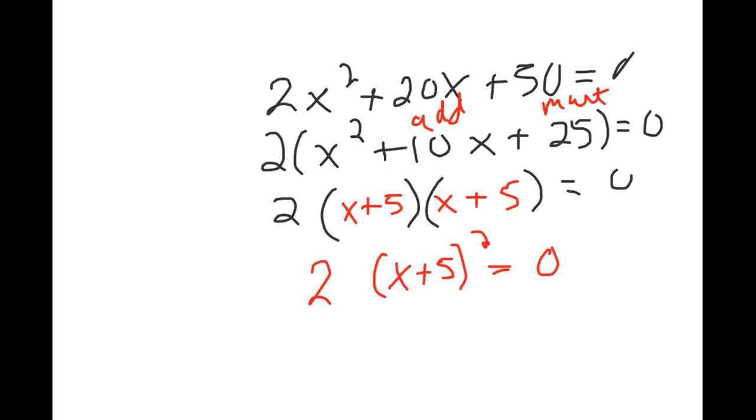So now that you have your factors, you can take the factors, set them equal to 0, and solve. But an easier process is to ask yourself this question: what number plus 5 will make the parentheses equal to 0, guys, okay? Because your goal is to figure out the number that would zero out this equation, make the entire equation equal 0. That's it. So that number plus 5 that makes the parentheses 0 is negative 5, because the number and its opposite, when you add them up together,